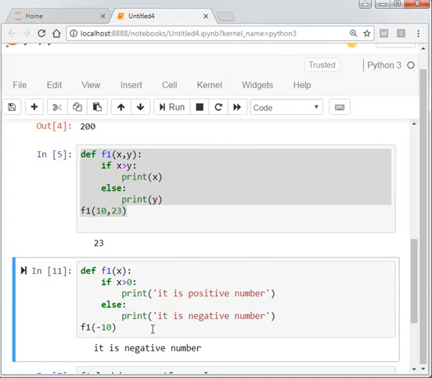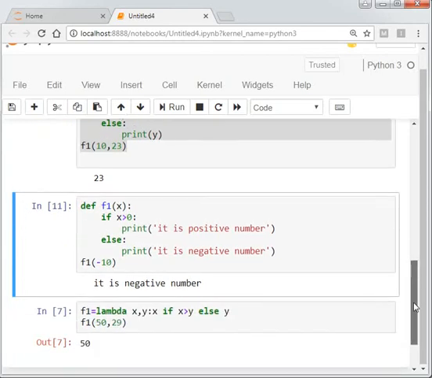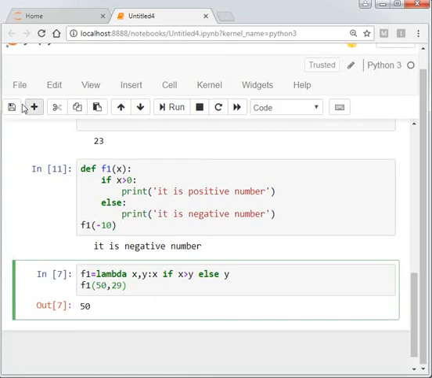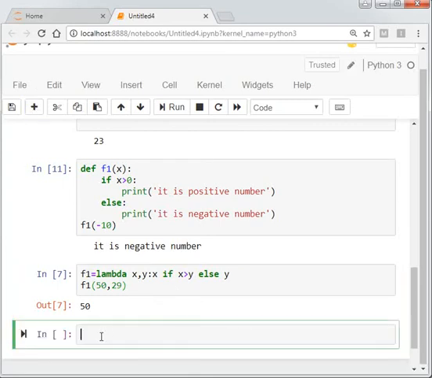This thing you can convert by using the lambda function. So how can we convert it? I explain here. First, function f1 equals lambda, with how many parameters? Only one parameter you have to pass here. So here you can find out whether this is a positive or negative value. The answer will be true if x is greater than 0, else it returns false.